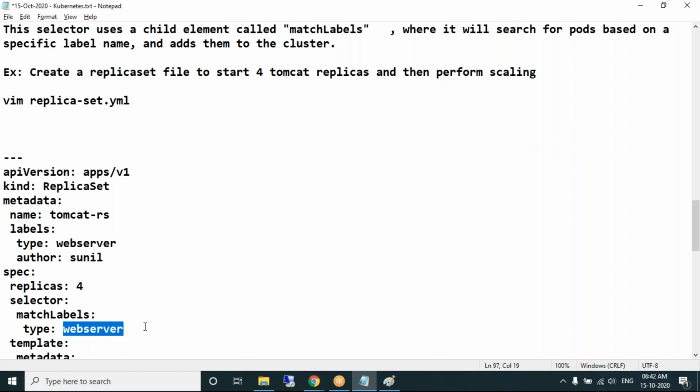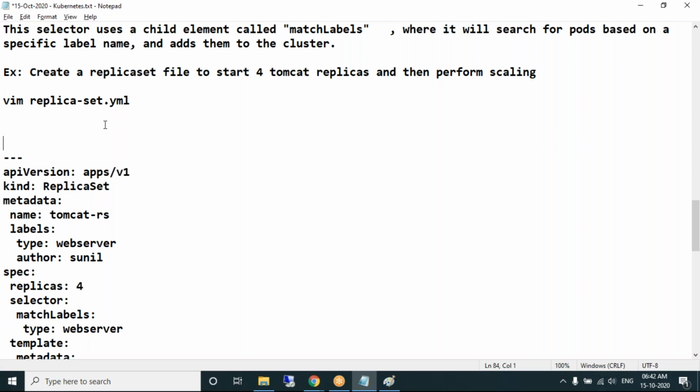Okay, Sunil wanted to know, can we use multiple pods for load balancing, or do we use only one pod? When you're using the term load balancer, then you have to use multiple pods. You cannot perform load balancing using a single pod. When you're referring to load balancer, then definitely it should be multiple pods.